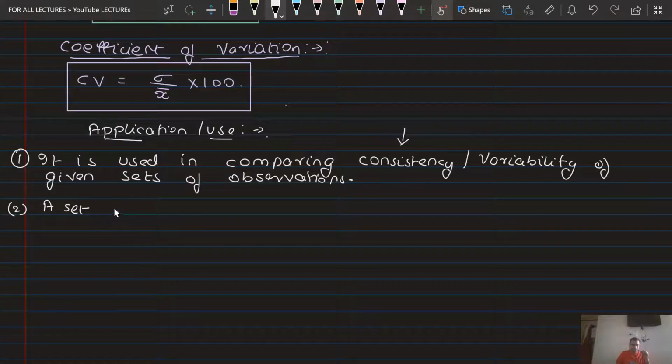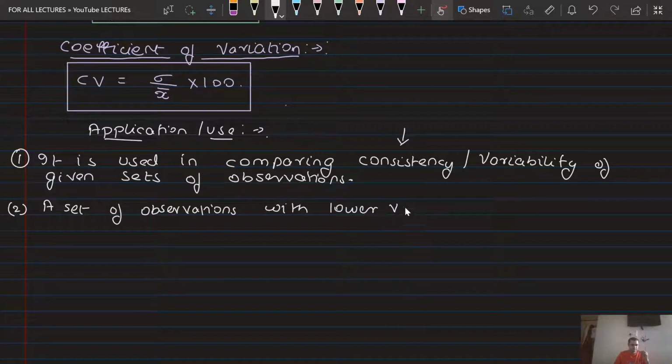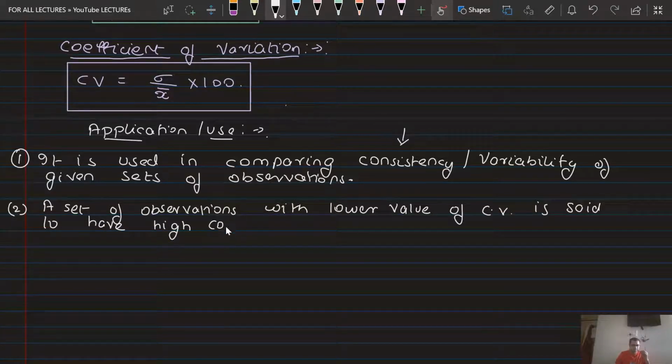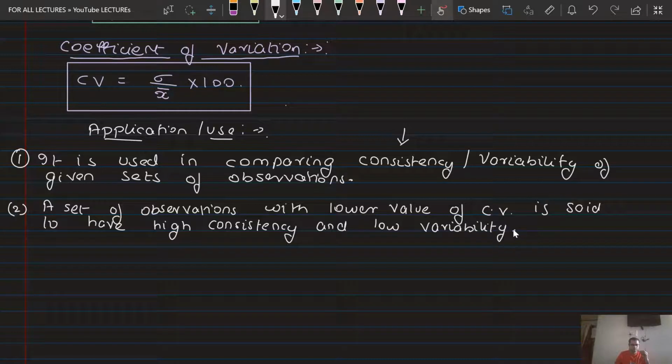You can take it down along with me. A set of observations with lower value of coefficient of variation is said to have high consistency and low variability